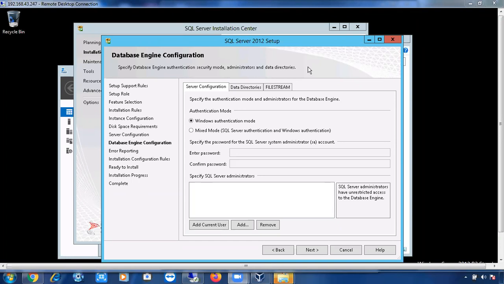It will ask you during the installation itself who can access this SQL Server. You are installing the SQL Server, right? Who can access the SQL Server? You have to provide the names during the installation only. If you don't provide any name, even you can't connect to the SQL Server. Even though you installed it, you can't connect if you don't provide any names here. If you provide names here, only those people can access the SQL Server.